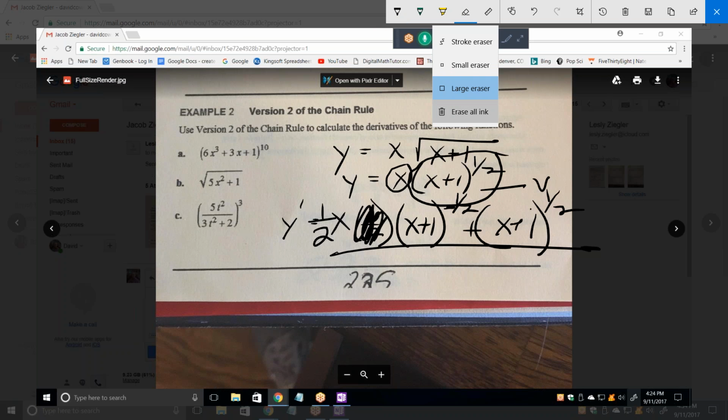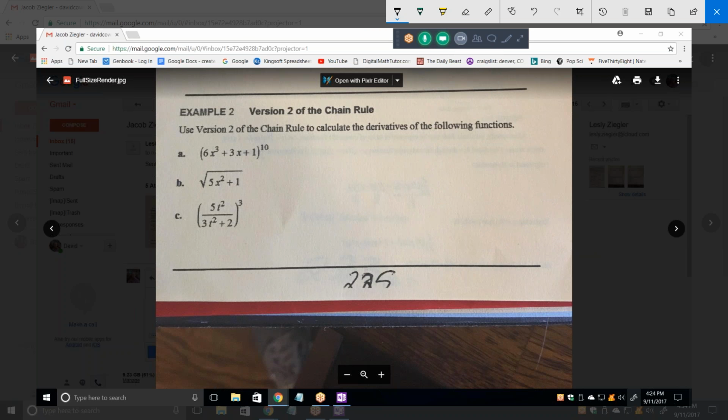Now we need to teach you the quotient rule, because in order to answer question C, we need the quotient rule. In fact, C is a bear, a real bear. Here's the quotient rule. If I have y equal to one function divided by another function, which is what that is,